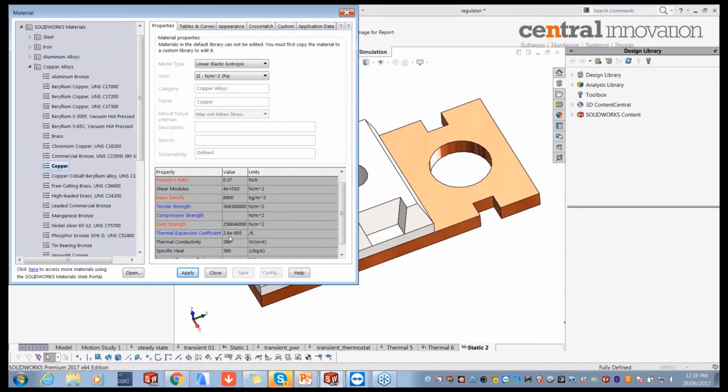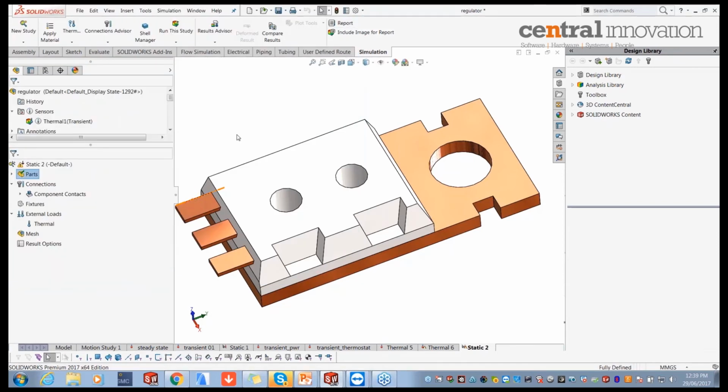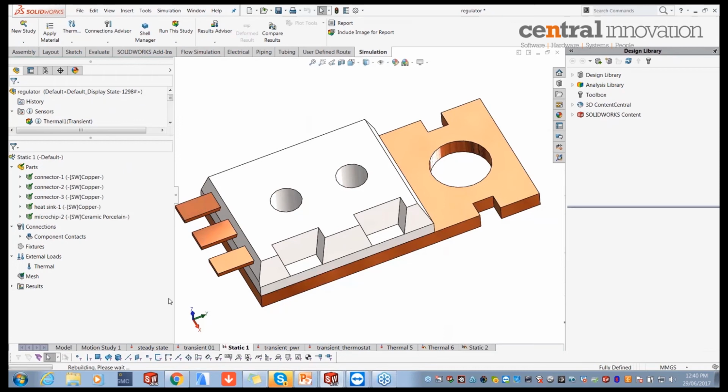It actually tells you how much it expands or shrinks per Kelvin, per degree Kelvin. So that heat gradient which gets calculated from your thermal results then will get used with the thermal expansion coefficient, and the software is able to calculate the respective displacement for each one of the nodes and subsequently show you the results. So if I have a look at my static analysis which I completed,